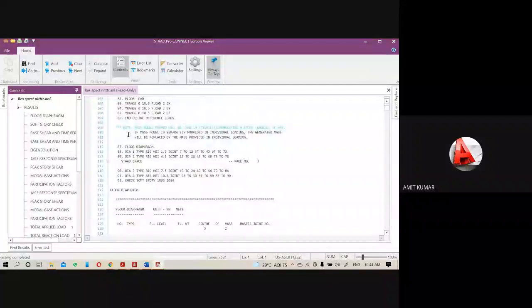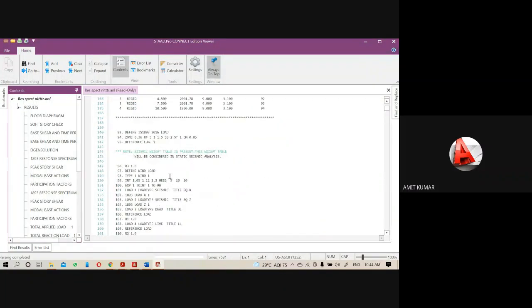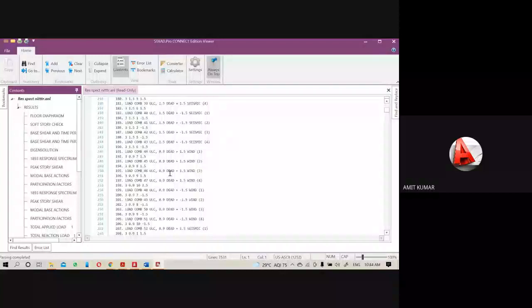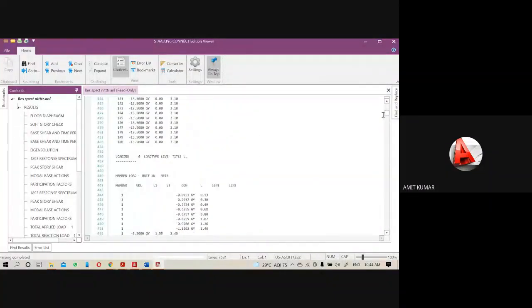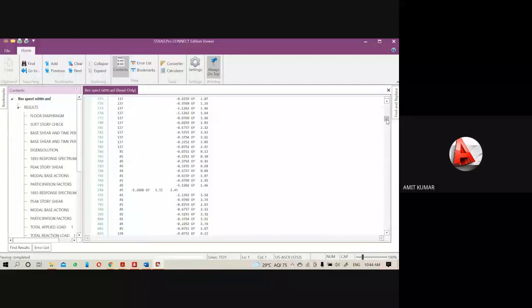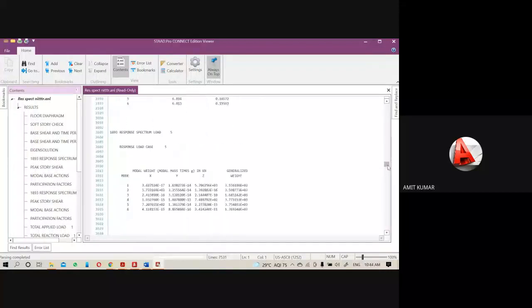So here you are getting that the mass model form will be used in the seismic response analysis. Let me see the exact value. Let me search it. This will be a type of warning, so I have to change this value.